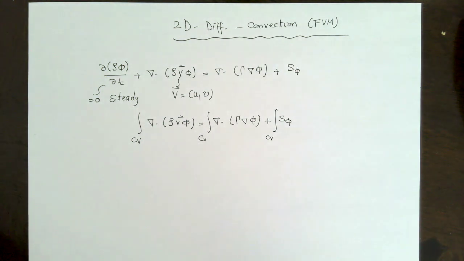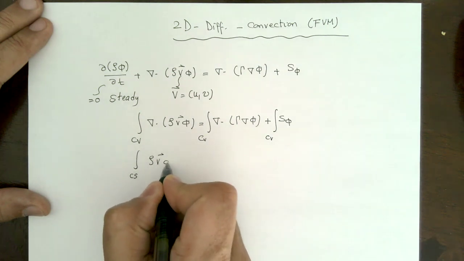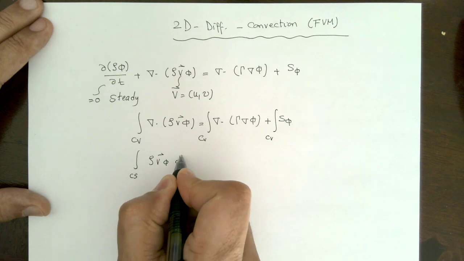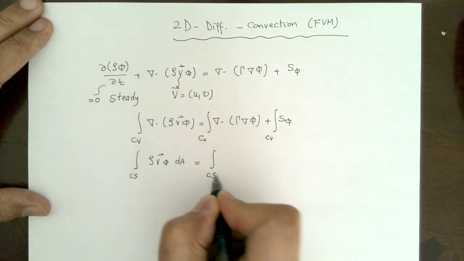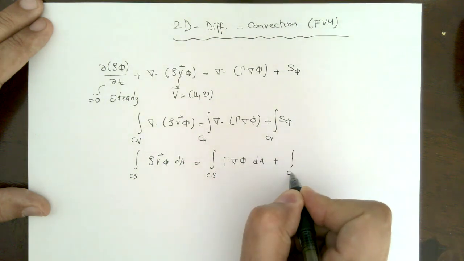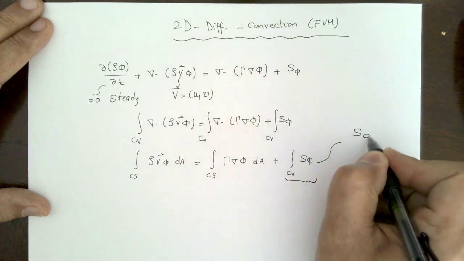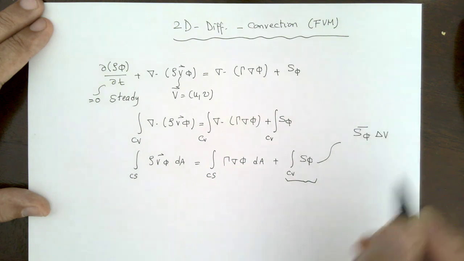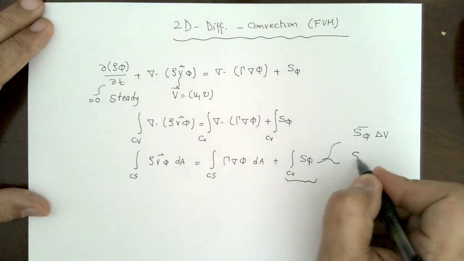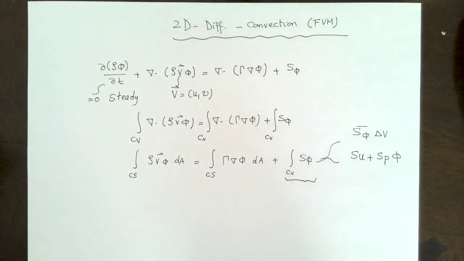Then you're going to use the divergence theorem to convert the integration over the control volume to the flux integration over the control surface. So I'm going to end up having the integral over the control surface of rho v phi dA, right? Equal to the integration over the control surface of kappa nabla phi dA plus the integration over the control volume of S phi. And we know that this could be transformed into either an average volumetric value times delta V, or could be expressed as SU plus SP times phi,